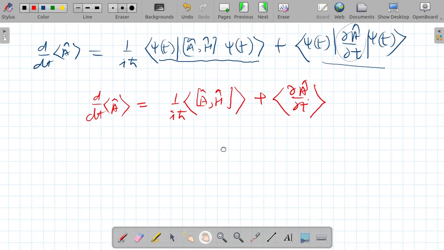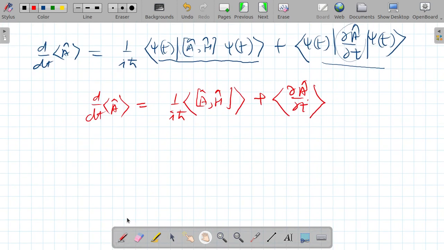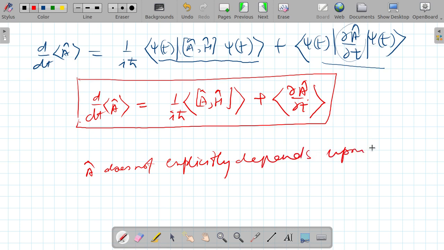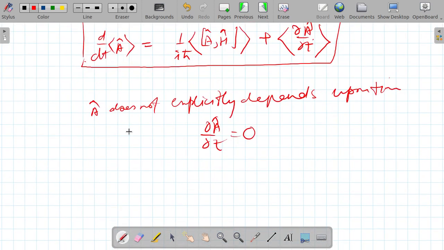Now let us consider one more thing: if A does not explicitly depend upon time, that means ∂A/∂t must be equal to 0. So if this is so, then the above equation becomes d/dt of the expectation value of operator A is